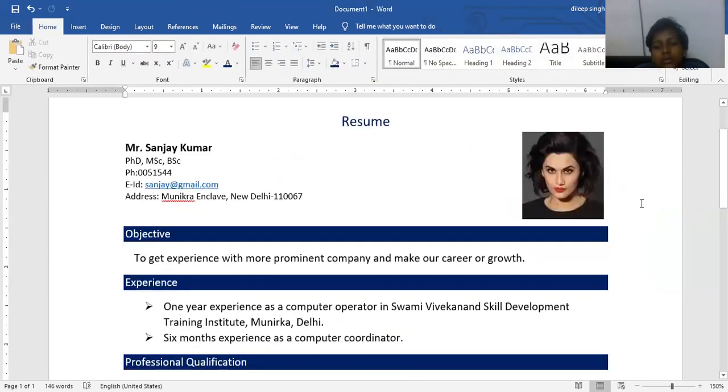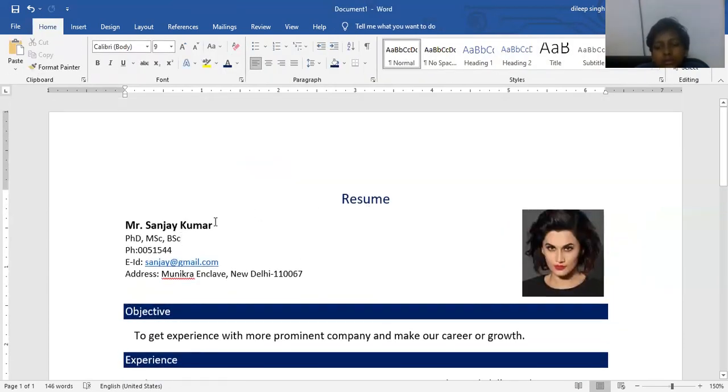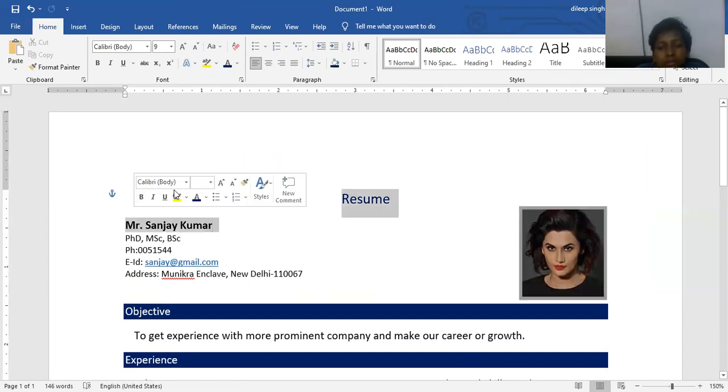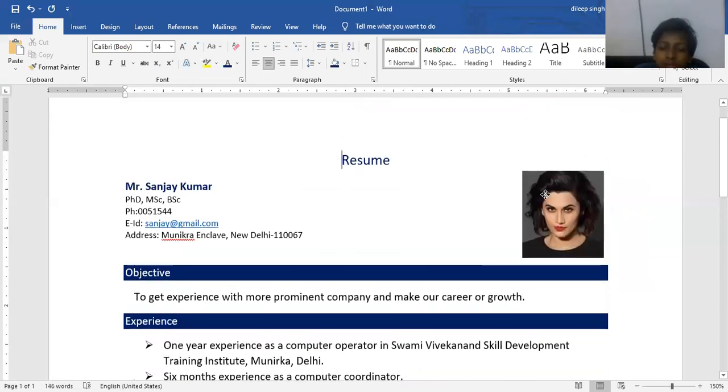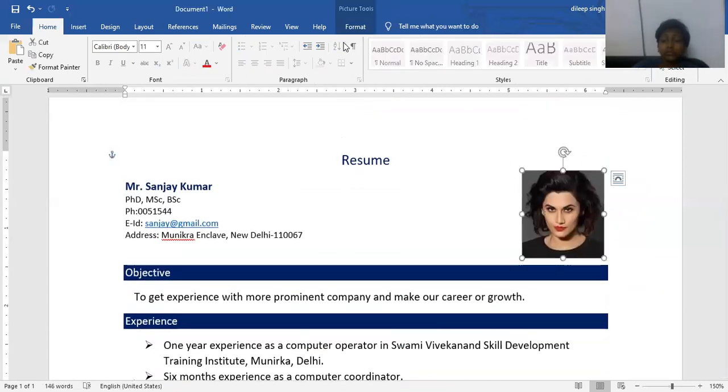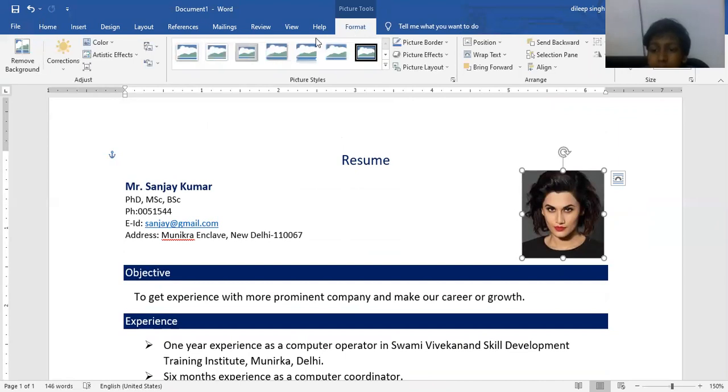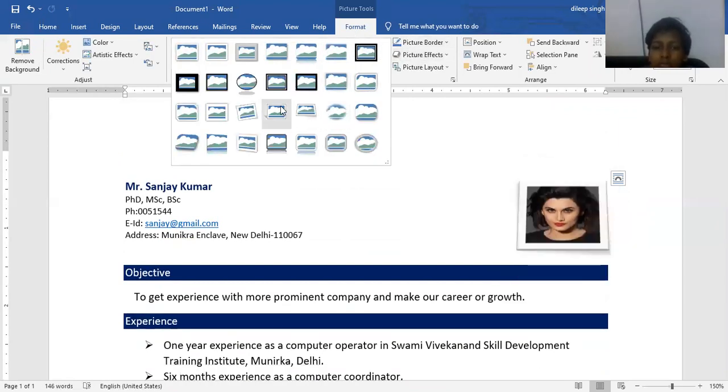Yes, it is the perfect resume for any work. By this option you can make your CV easily, and if you want to modify the border of the picture, click on format, and here different types of borders are available. You can choose any one for your image.